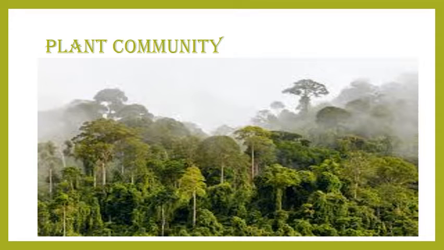Let's take an example of a jungle, a forest. In a jungle we can find so many different types of plants. It is not compulsory that in a jungle there will be only one type of plant. In a jungle we can find so many different types of plants. So this is known as a plant community when there are so many different types of plants at one place